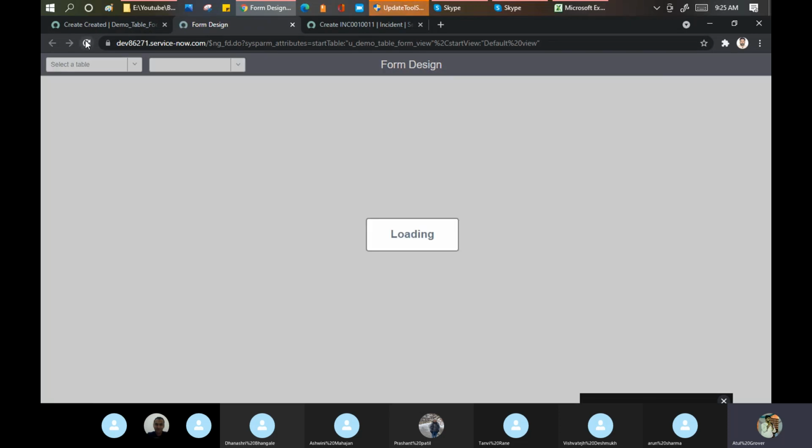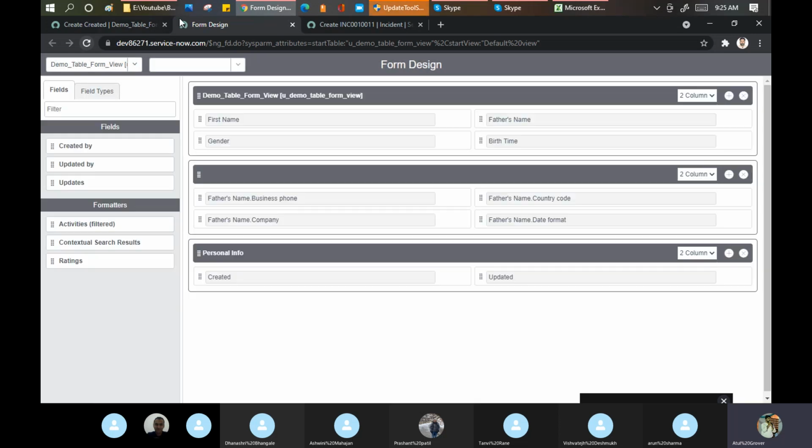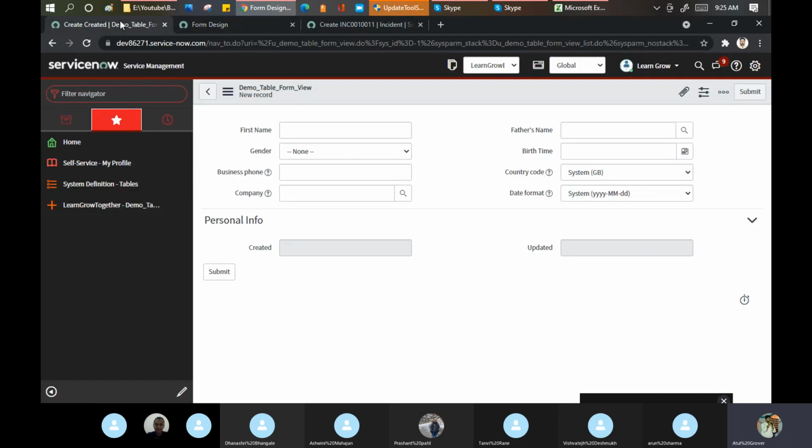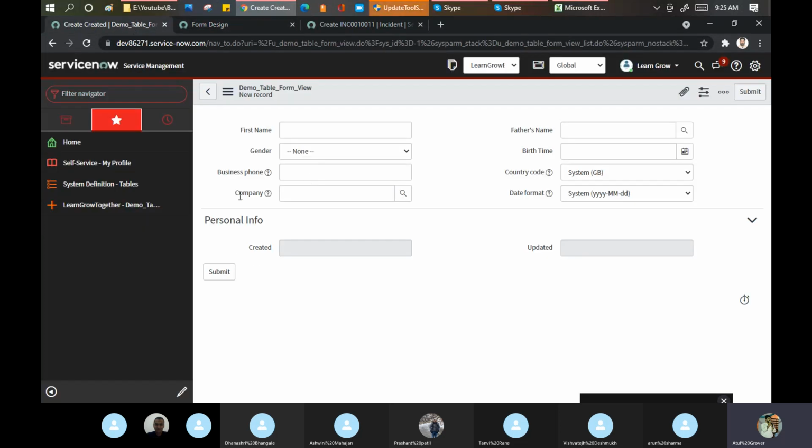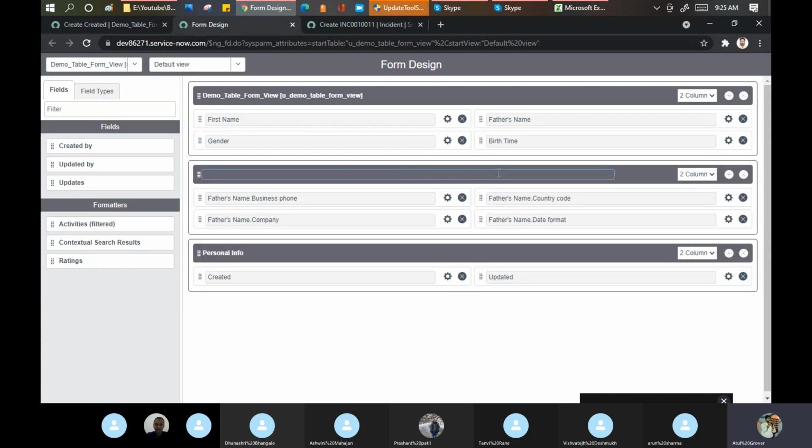One more learning for us: never ever use both things at the same time. That creates a contradiction. We are using the form layout and we are using the form design, so this particular thing overrides what we designed in the form layout. It is like code: I make a copy and you put another copy on top of that, it will override my copy. So that is recommended: never ever use both things in one go. Both should be similar. It is not the case that if I make a change here, it will appear. Either use the form design or use the form layout.